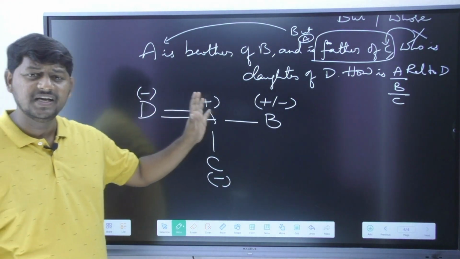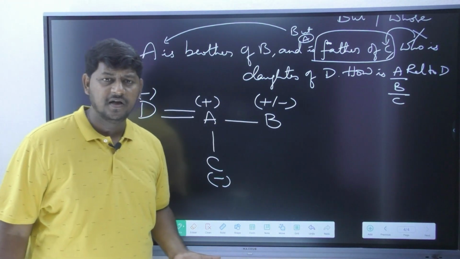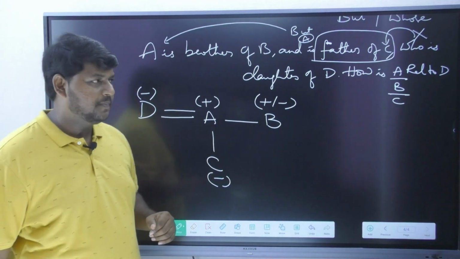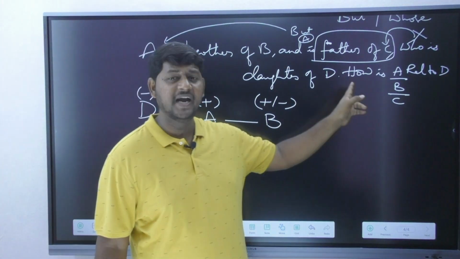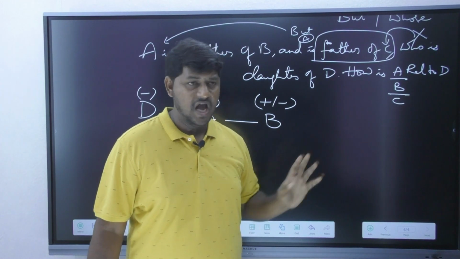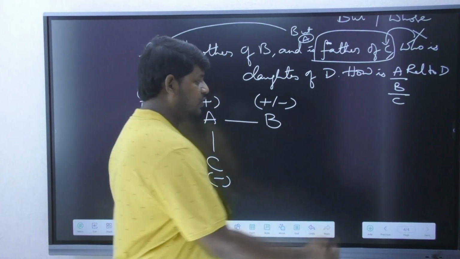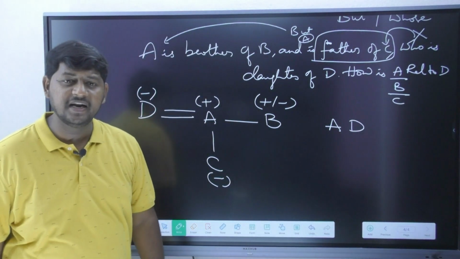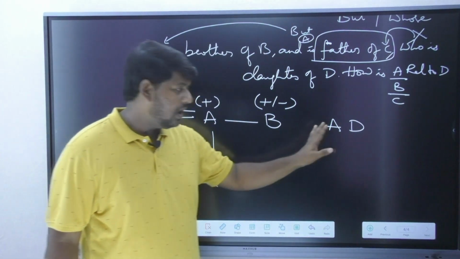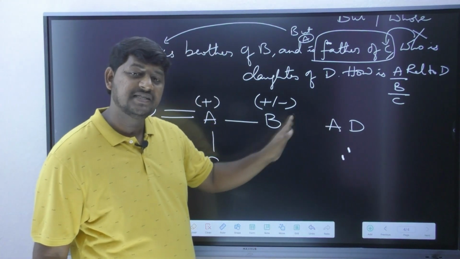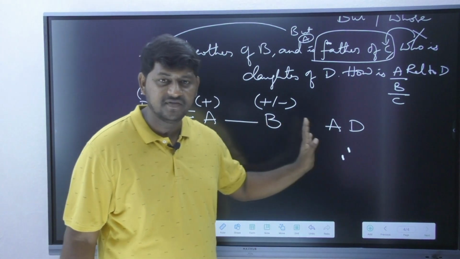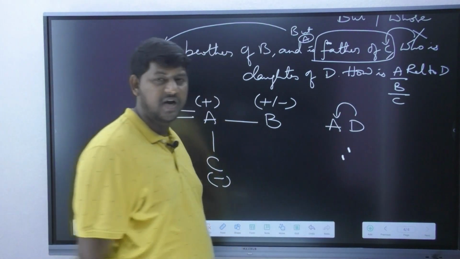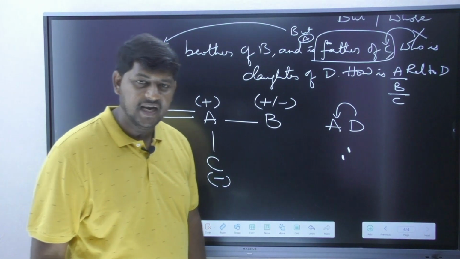Now solving is very easy for us. Once you practice, yes, you are going to understand. But please observe here, understanding the question is very important. How is A related to D? Always remember, the question says how is A related to D? Understand the question from your right side person point of view, not from the left side person point of view. Please make sure you always go from your right side, not from the left side.